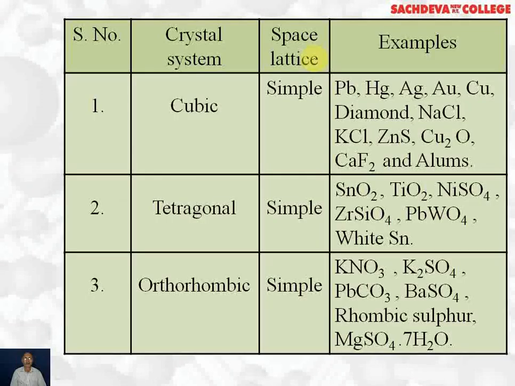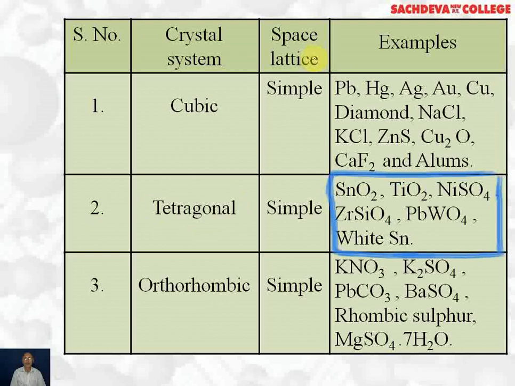Let's take up different examples which belong to these crystal systems. First, cubic. Simple cubic: we have lead, mercury, silver, gold, copper, diamond, sodium chloride, potassium chloride, zinc sulfide, cuprous oxide, calcium fluoride, and alums. Second, tetragonal system is with SnO2, TiO2 (titanium dioxide), nickel sulfate,